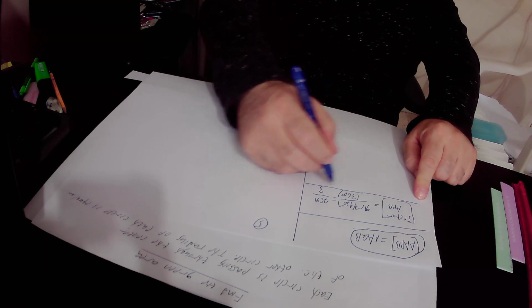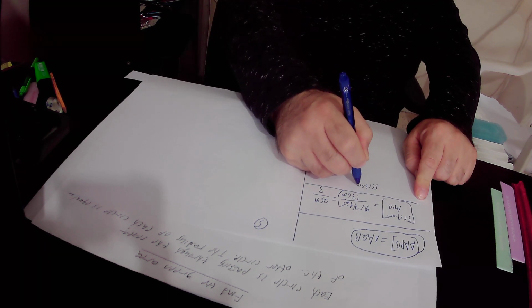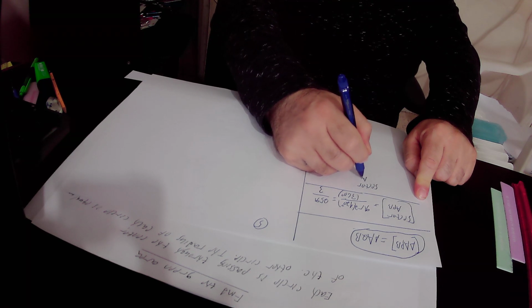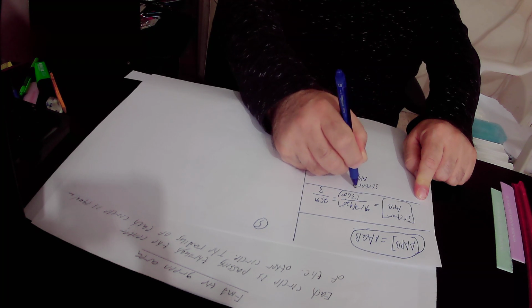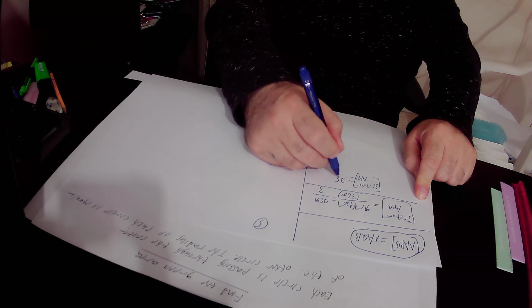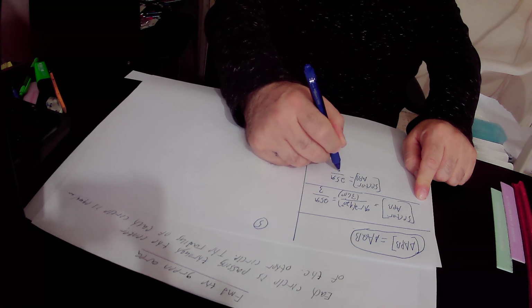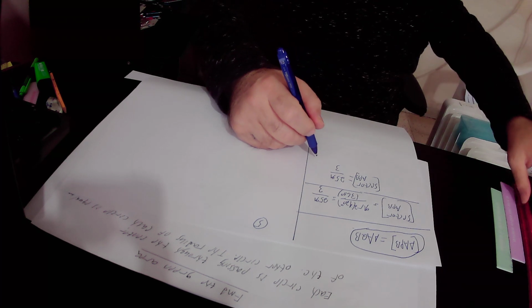So we found out that the area of sector APB equals 25 pi over 3 square units,